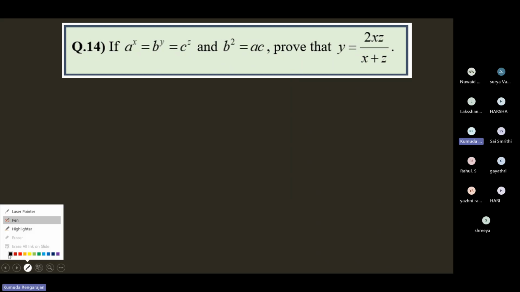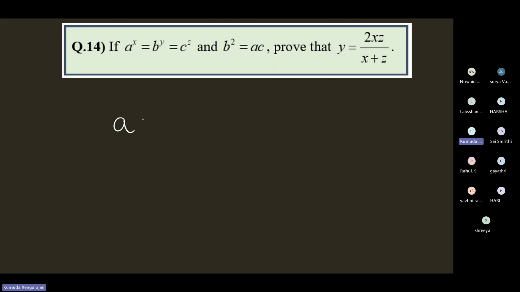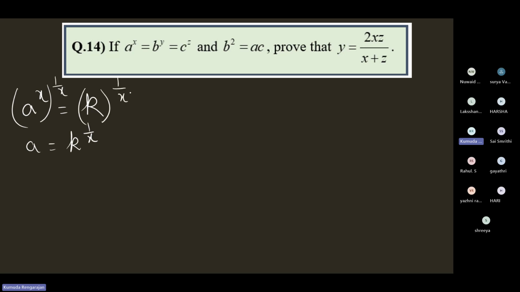Before I go on, let us just recall. See here, if you have a to the power x, and this is equal to k, then a is equal to k to the power 1 by x. Now, how do we get this? Raising both the sides to the power 1 by x. You can do anything, but do the same thing on both the sides. If you're raising the left-hand side to the power 1 by x,